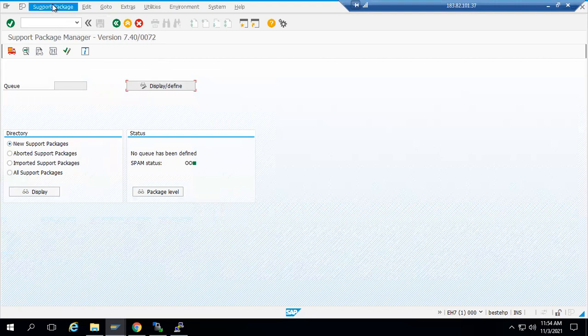In some cases, if it is not showing green, just click once again on Import SPAM/SAINT Update. It will run again for a fraction of time, 1 to 2 minutes, and it will update. This is the way you need to do it. Okay, understood? I will stop the recording here.